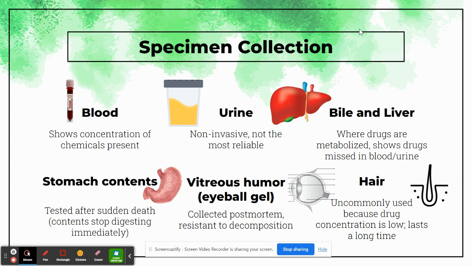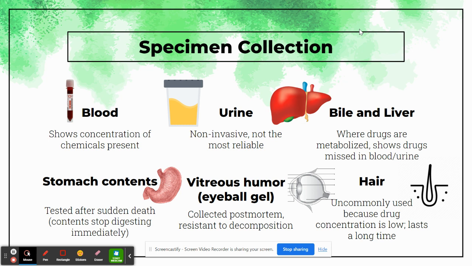Urine is a lot less invasive, obviously. It doesn't require a needle, you just pee it out. The problem is it's not the most reliable. You can get a lot of false positives with a urine test. For example, if you consume poppy seeds like the day before a urine test, you will actually test positive for heroin because poppy seeds, the plant, the poppy flower, is what actually is used to produce heroin. So not that you would ever get high from consuming poppy seeds, but it would have the same chemical markers that would test positive in a urine test. Not necessarily a blood test or something like that, but it can give a lot of false positives. So not always the most useful to use.